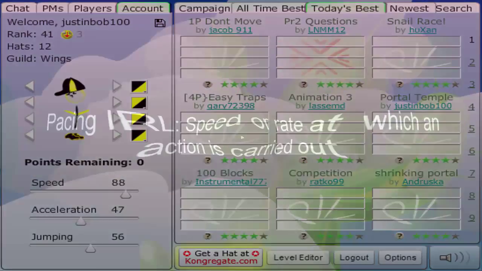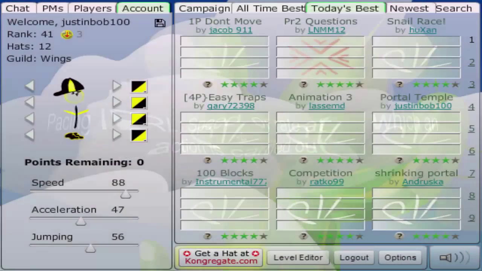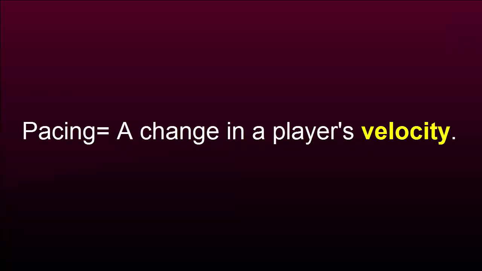When people think of pacing, they usually think of the time it takes you to get through something or the rate at which you get through something. And that's kind of the Platform Racing 2 definition of pacing, but here's my very simple definition. Let me get out the formula sheet here. What is pacing? Pacing equals change in velocity. That's it. It's literally changing the player's velocity,